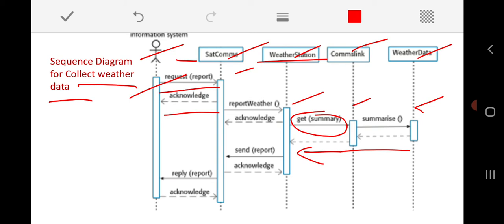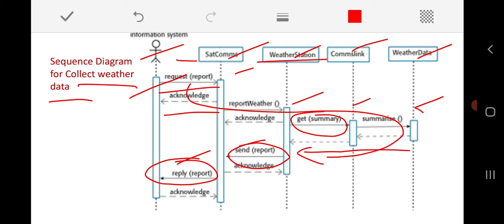From the weather station, once again the report will be sent back to the weather information system in terms of its reply. So this is how the overall collection of the weather report is going to take place. And these are all the different interactions that will take place for this particular functionality. So this is how in system testing, using these sequence diagrams, we will be identifying the variety of interactions,